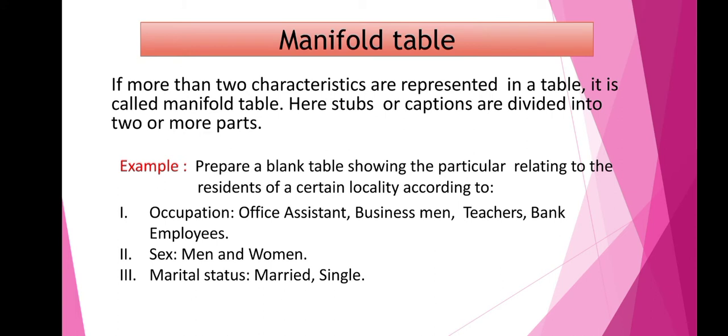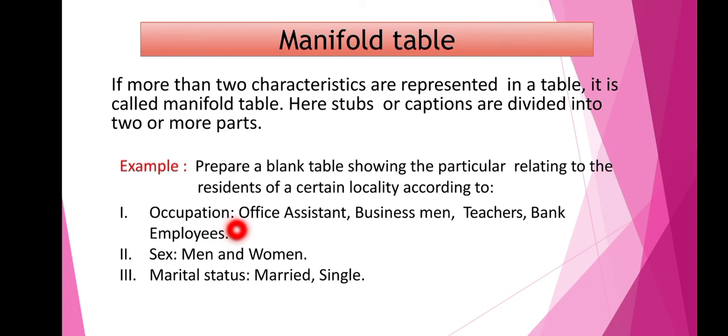Next is manifold table. If more than two characteristics are represented in a table, it is called a manifold table. Here stubs or captions are divided into two or more parts. So if there are many characteristics, then it is called a manifold table. For example, prepare a blank table showing the particulars relating to residents of a certain locality according to, first one